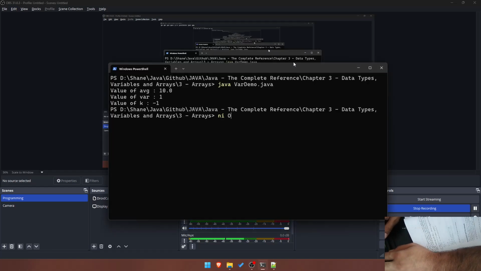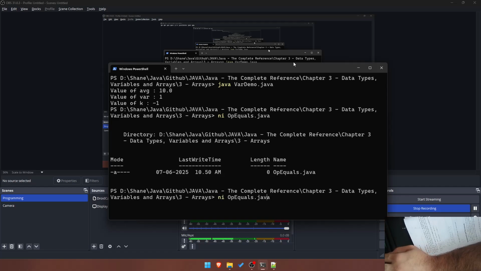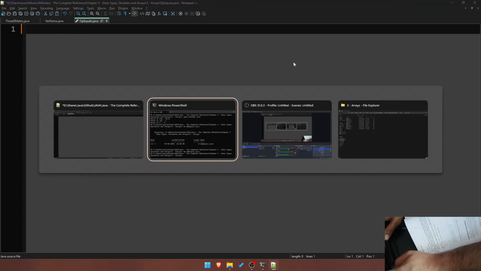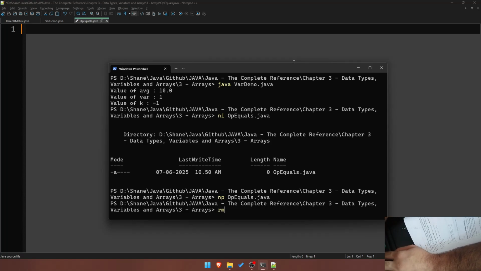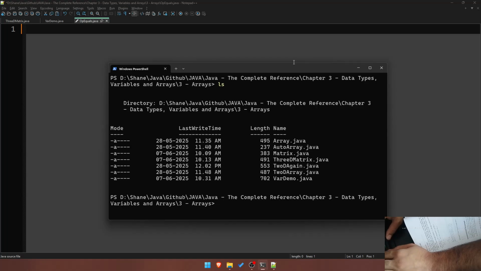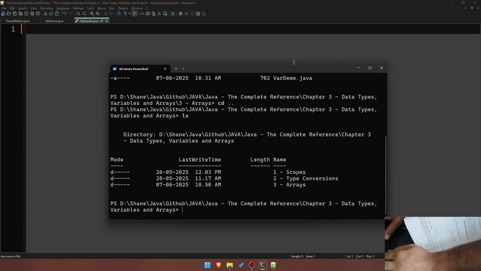And op equals dot java. So sorry, my bad. Let me remove this. Yeah, and I want to remove any class files. Let me see. Let's get